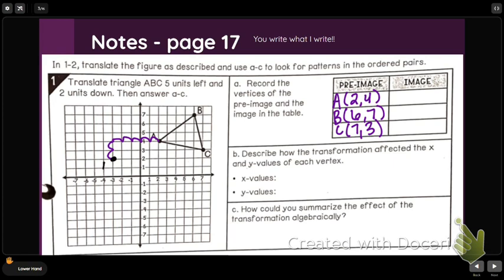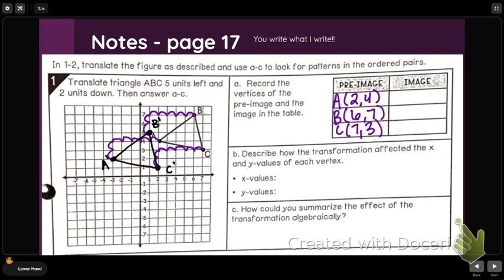This will be A prime. Then we'll do the same thing with B. Go left 1, 2, 3, 4, 5, down 1, 2. There's where B prime will be. And then C. Left 1, 2, 3, 4, 5, down 1, 2, and there is C prime. Then we can connect those dots to make our new triangle. And now we can label